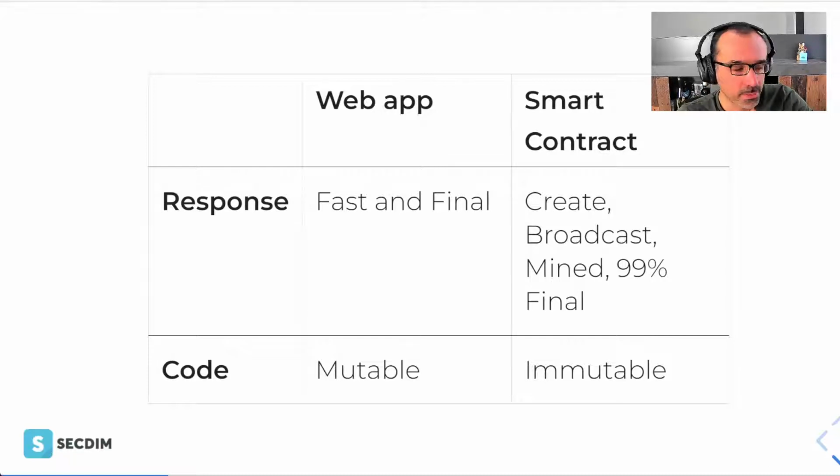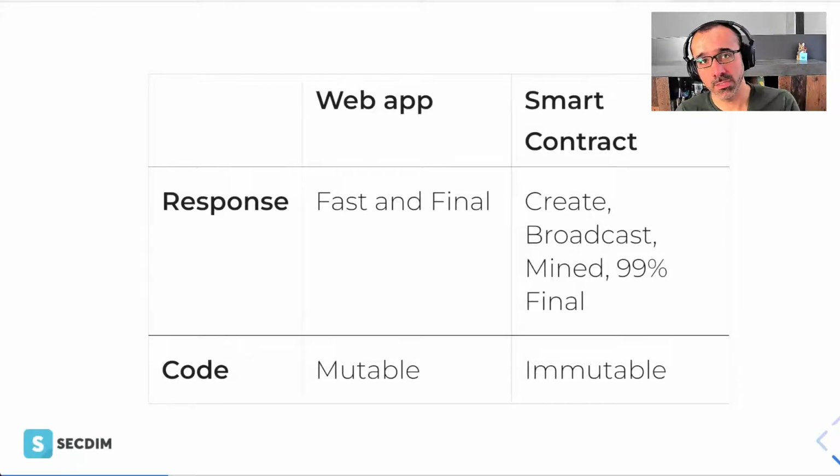And finally, another thing that is different here is related to the code. Now, in programming languages, we have the concept of mutability and immutability. Mutability is about being able to change or modify something, effectively write many, read many.